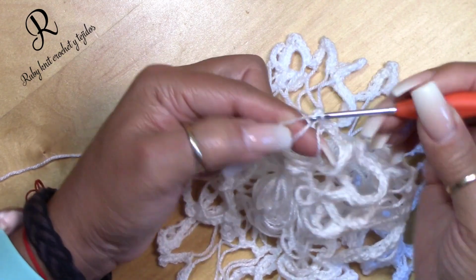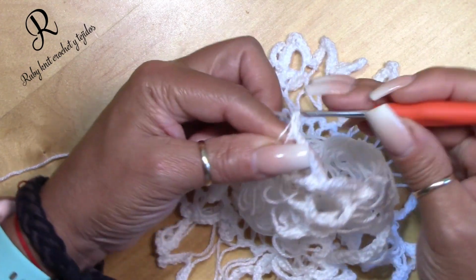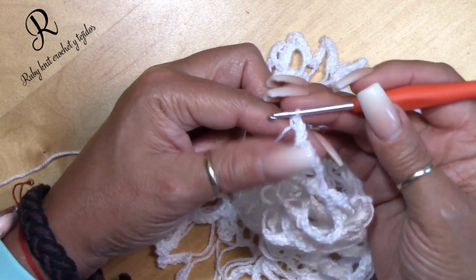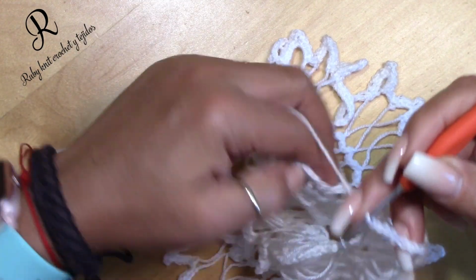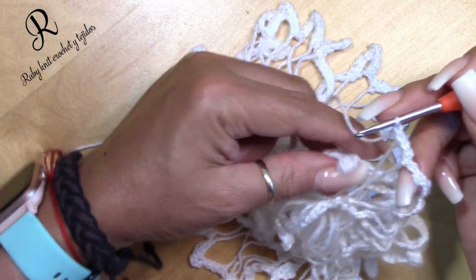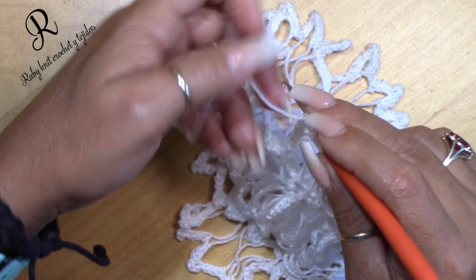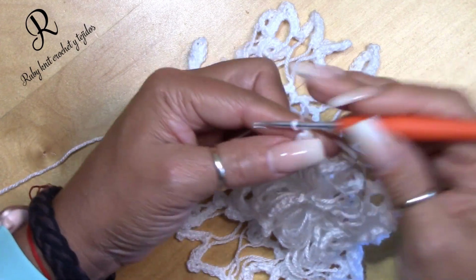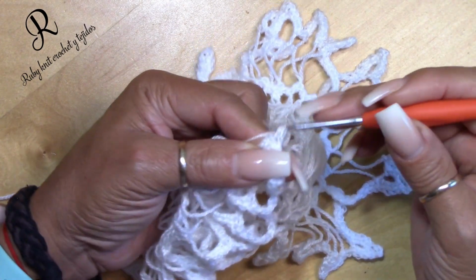1, 2, 3, and 4, chain 1, go to the last one, make sure that you grab the last one and that it's not twisted, single crochet, chain 1, and now you're going to do 4 single crochet, and on the other side of that